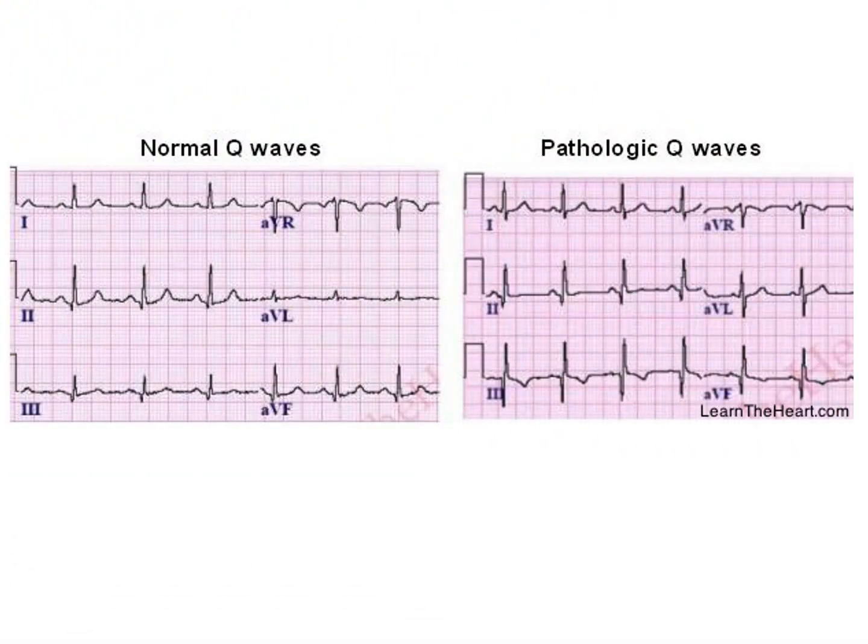And here we have two samples. Number one, this is a normal ECG showing normal Q wave. But if you consider the Q wave in the second sample, especially in lead 2 and lead 3, in lead 3 you have a deep Q wave. So this can be because of old myocardial infarction.